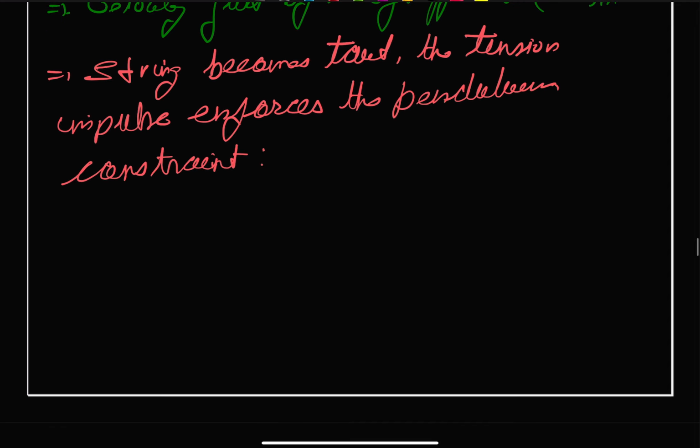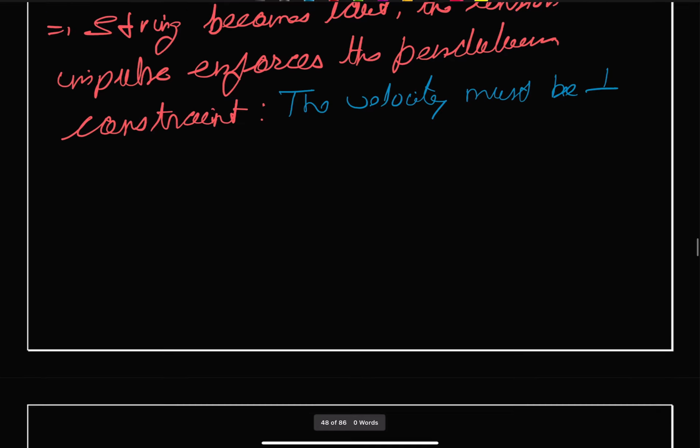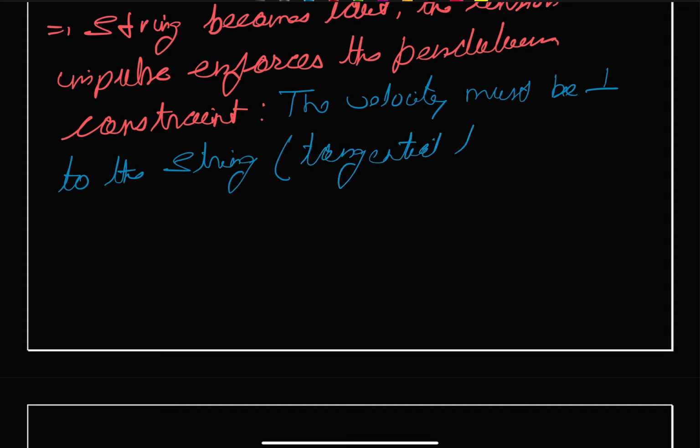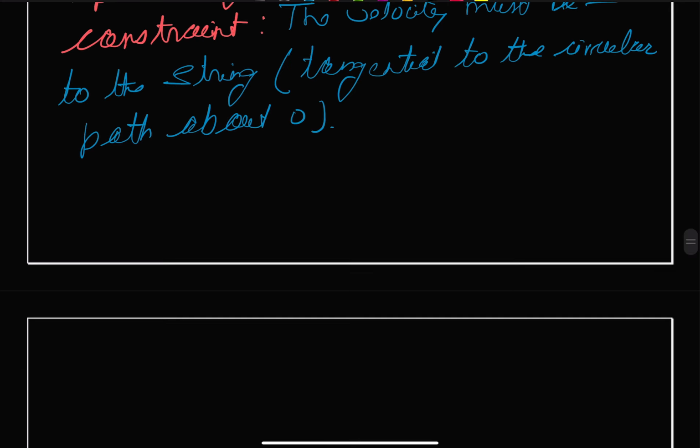That is, the velocity must be perpendicular to the string, or in simpler terms we can say tangential to the circular path about O. Tangential to the circular path about O, which basically means